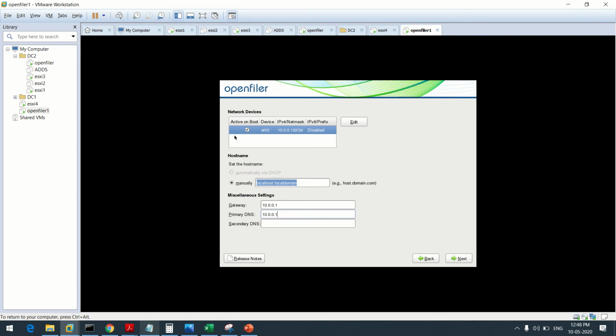So we provided the IP address, the gateway and DNS. Now about the name. Manually, the host name should be OpenFiler1.netprocloud.com. Our domain name is netprocloud.com.